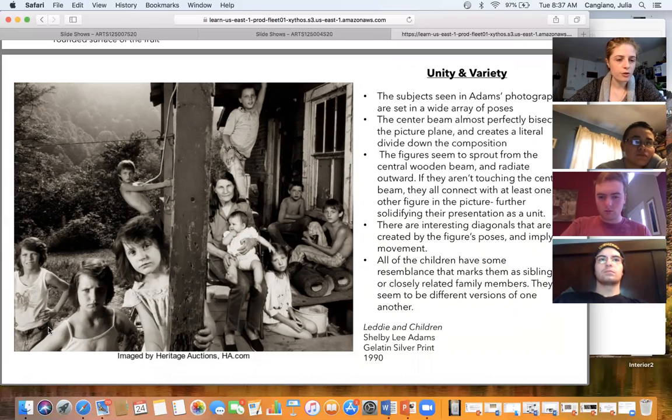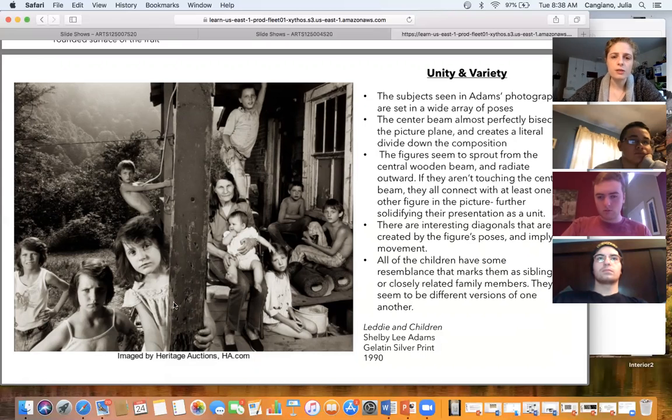Even if they're not physically touching, there is overlap in all of their bodies. So they are all connected. And when they're not connected to each other, they're connected to the beam in some way. Whether by holding on to it or just being overlapped by it, all of these figures remain in contact with either each other or this center beam, which is really interesting.